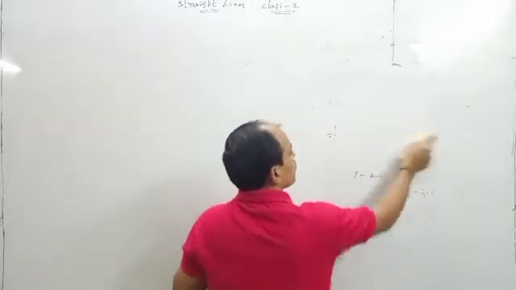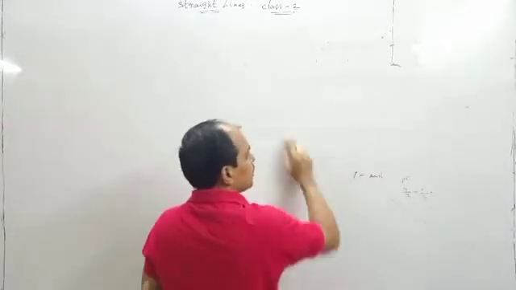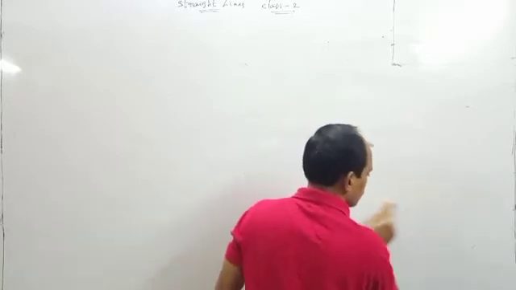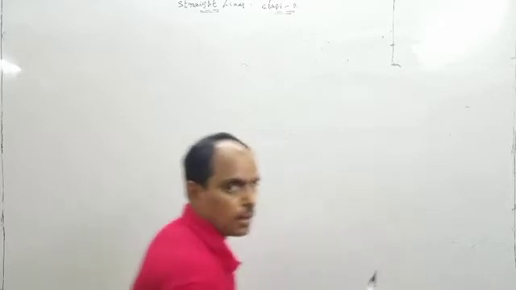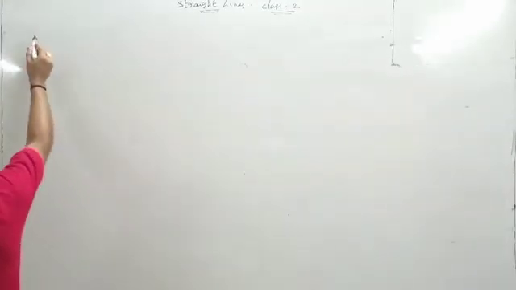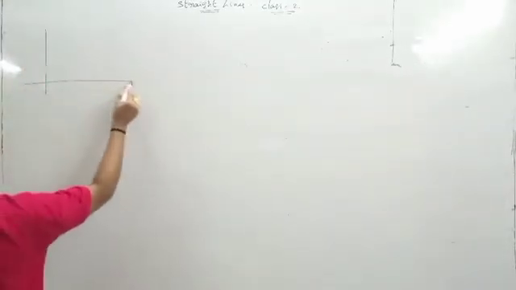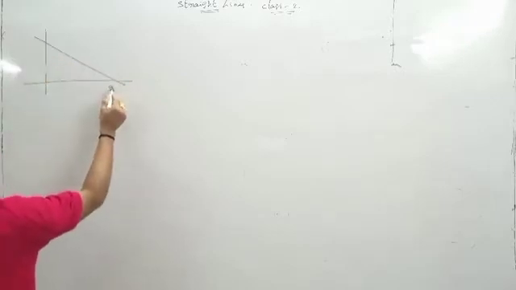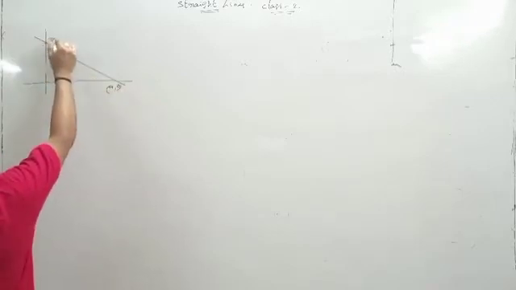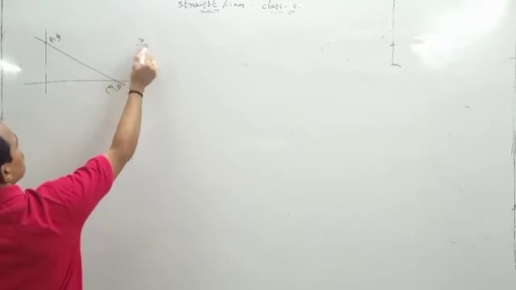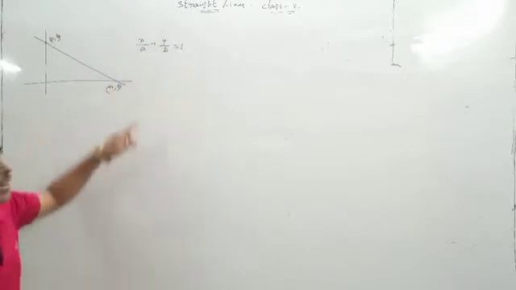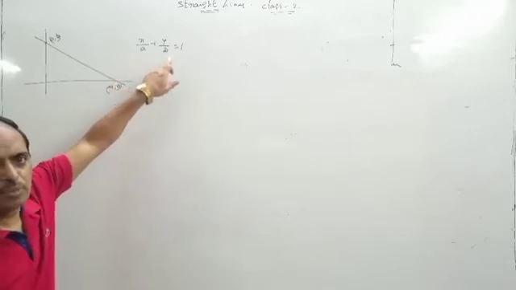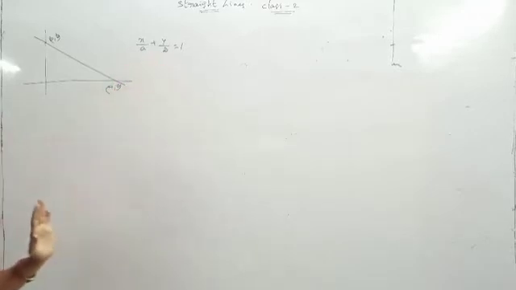So better you follow the class and write the notes and then go for the problems. Okay? Now, some more points. Different forms of straight line. This is (a, 0), this is (0, b). What is the equation of the line? x/a + y/b = 1, where a is the x intercept and b is the y intercept. Okay?